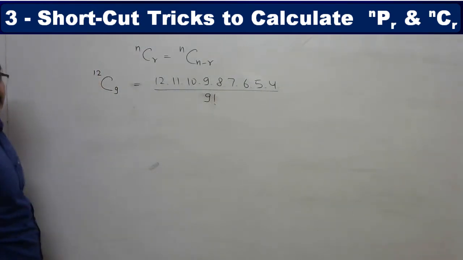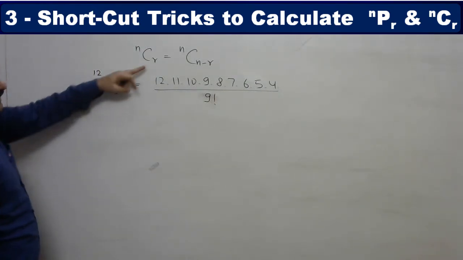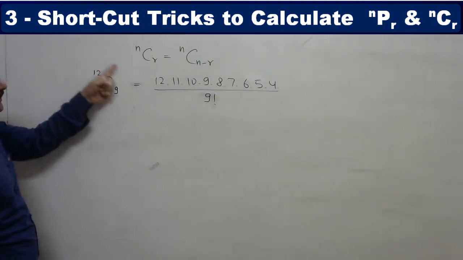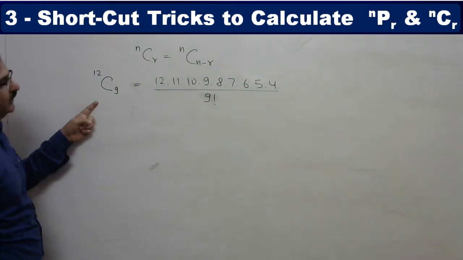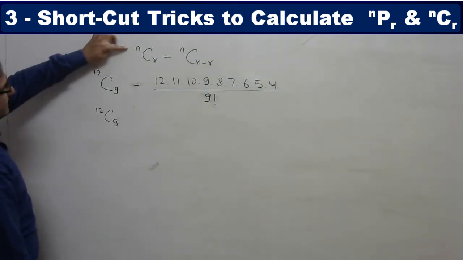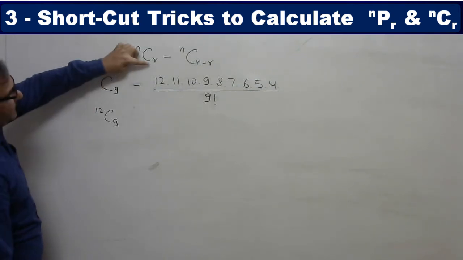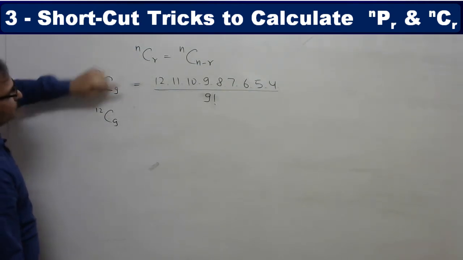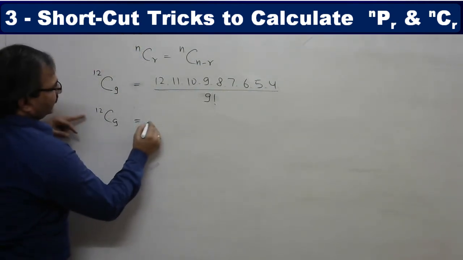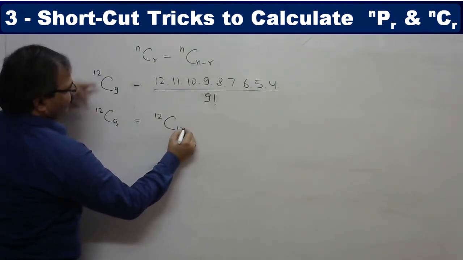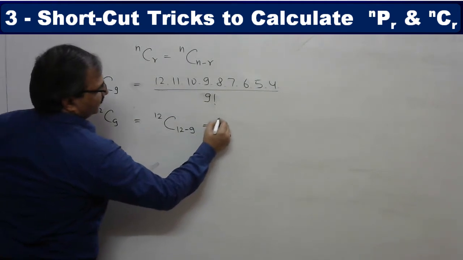This is a very lengthy expression, but by using this formula, we can get the value in a more convenient way. If we compare these two expressions, in place of n we have 12 and in place of r we have 9. So by using this formula, we can write 12C9 as 12C(12 minus 9), so that we get